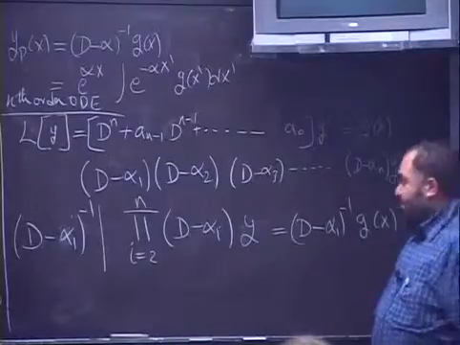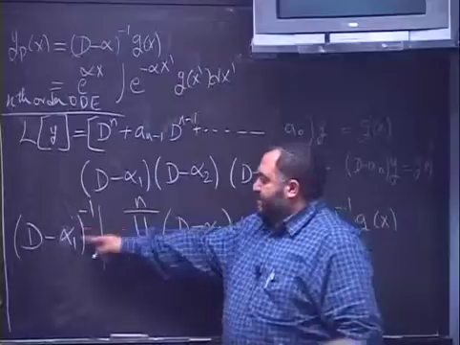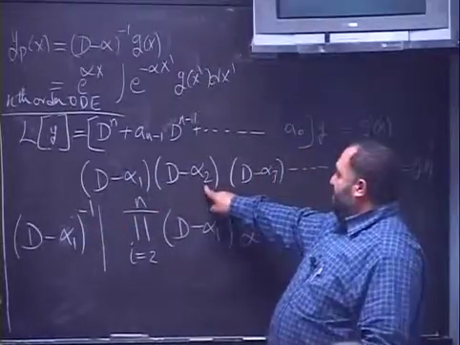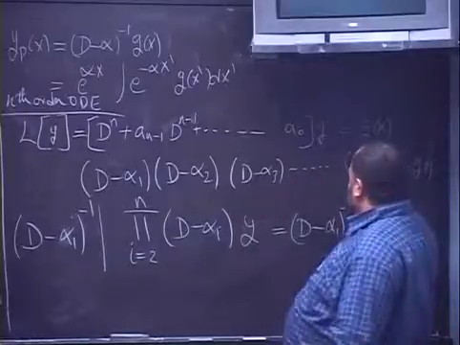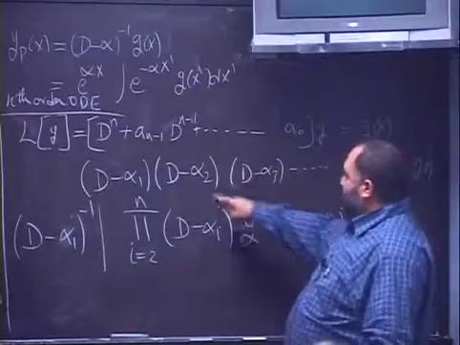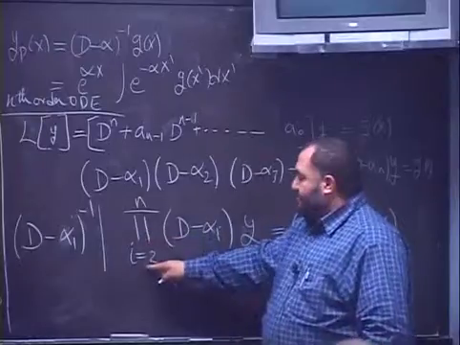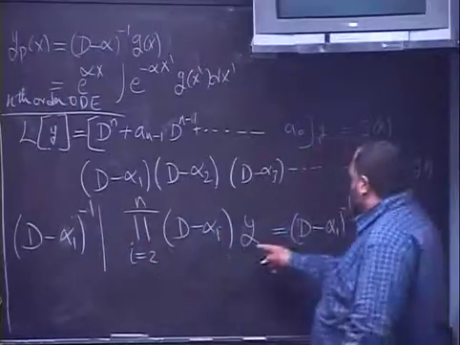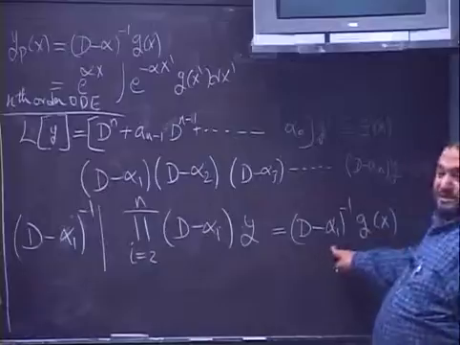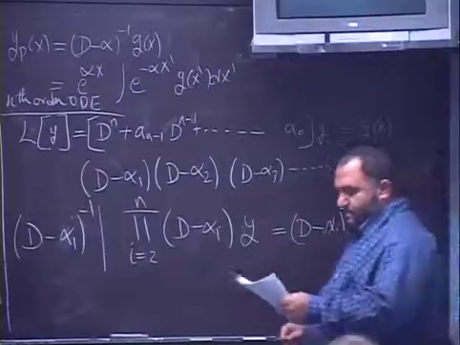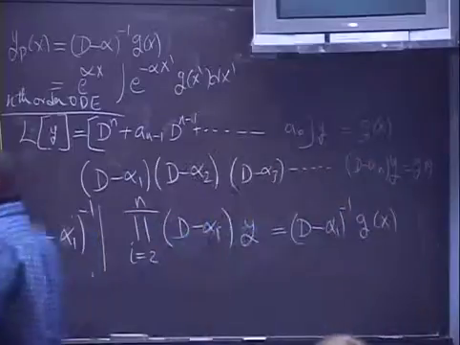Okay, guys. So I multiplied by this inverse operator, it will cancel this one, and I have the rest, from alpha equal 2 to alpha equal n, operated over y. So the multiplication is just this product from i equal to 2 up to n operated over y, and this is (D minus alpha 1) to the power of minus 1 operated over g of x. So I can now